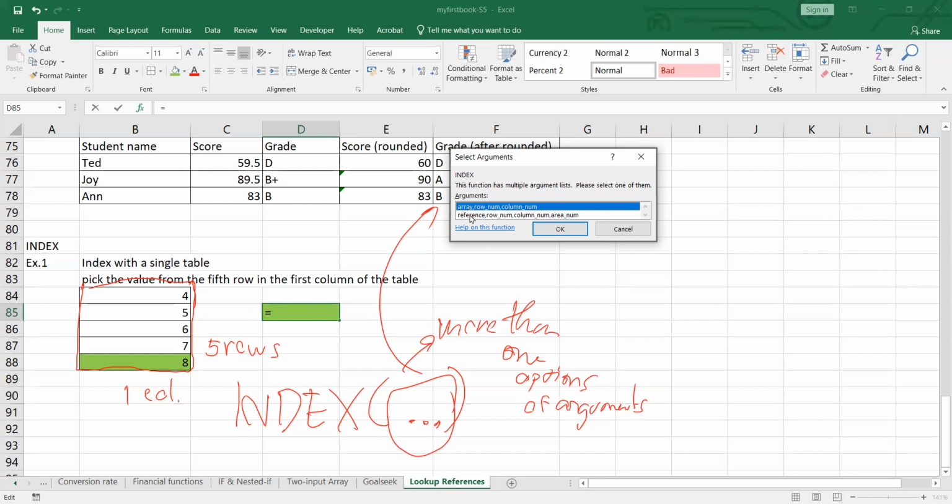Next is reference, row_num, column_num, area_num. This is the argument list when you have more than 1 table in your consideration. I will talk about it next. Now let's talk about 1 table first, or 1 array first. Then you have to specify the array location, and you have to specify the row number and column number that you would like to get the data from. So how to choose? You just click